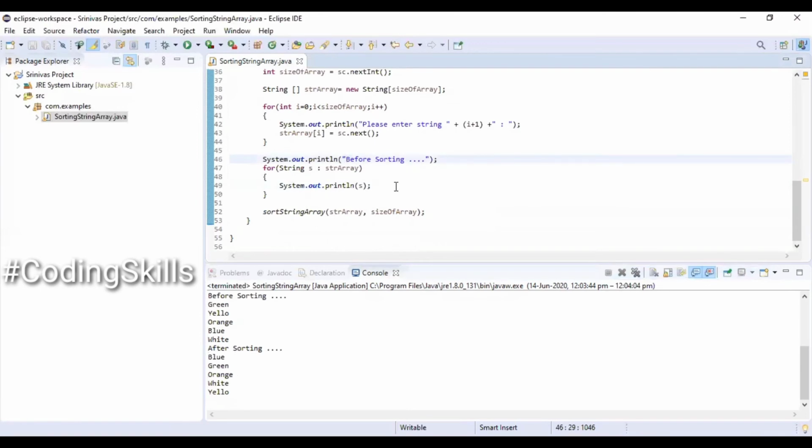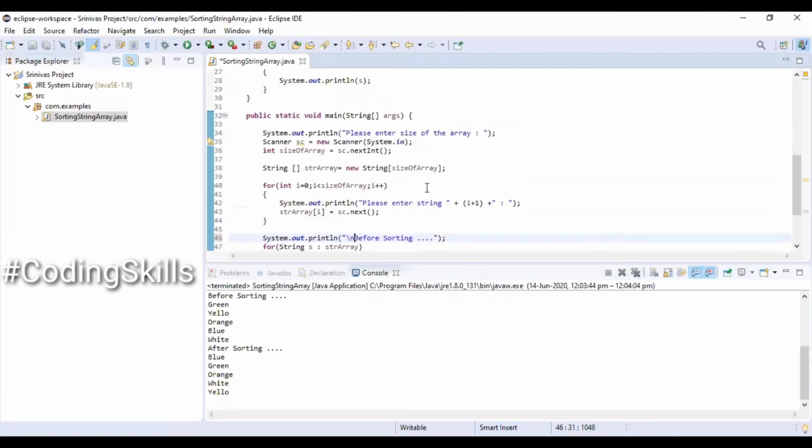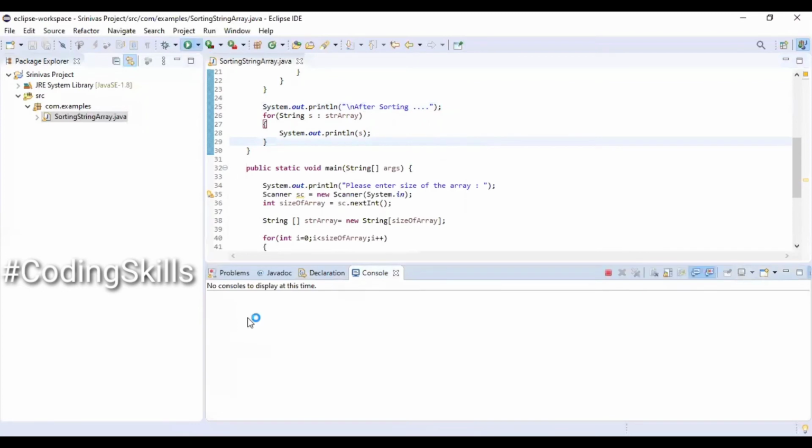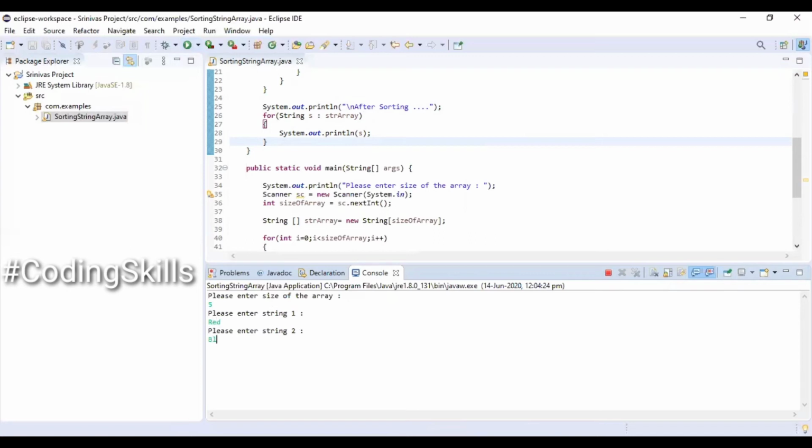Adding a new line character for better readability. Executing again for the next iteration. As can be seen, we can see the values before and after sorting.